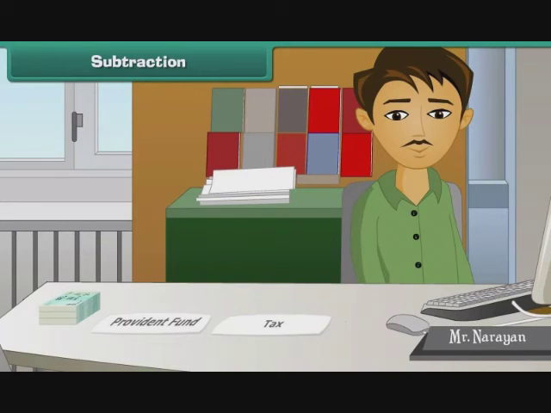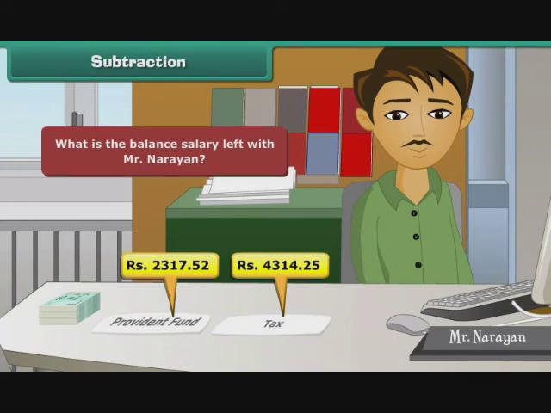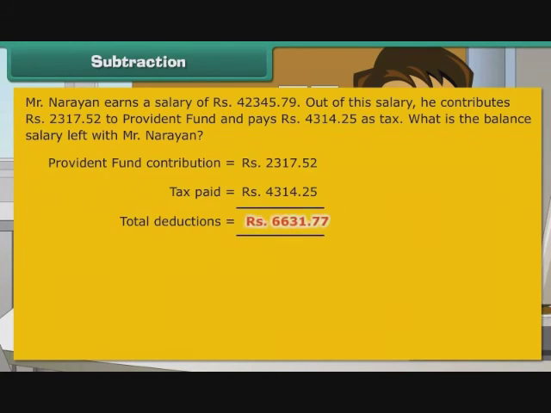Subtraction. Mr. Narayan earns a salary of rupees 42,345.79. Out of this salary, he contributes rupees 2,317.52 to Provident Fund and pays rupees 4,314.25 as tax. What is the balance salary left with Mr. Narayan? Provident Fund contribution is rupees 2,317.52. Tax paid is 4,314.25. We add the two to get the total deductions as rupees